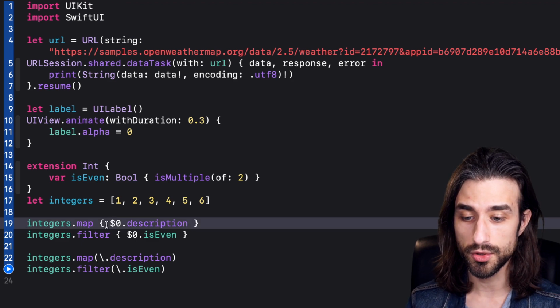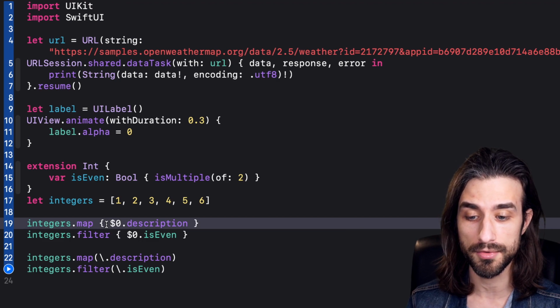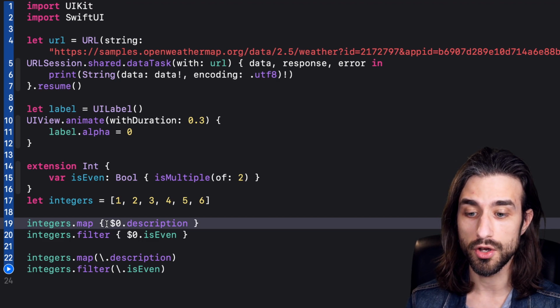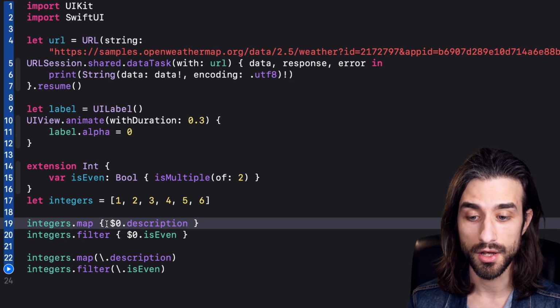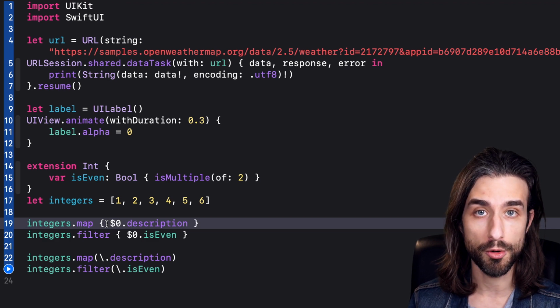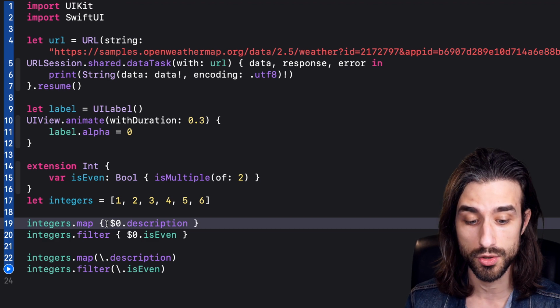Because for instance, let's focus on the function that we are giving as an argument to the map function here. So this function is going to be called on every element of the array and it's going to get the value of the property description. But actually, there is nothing that forces us to only get the value of the property description. We can do anything we want in this closure. So for instance,